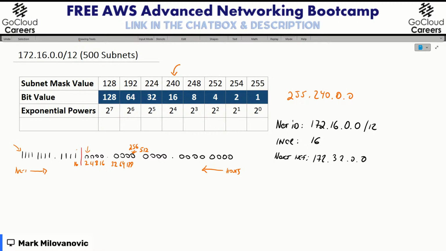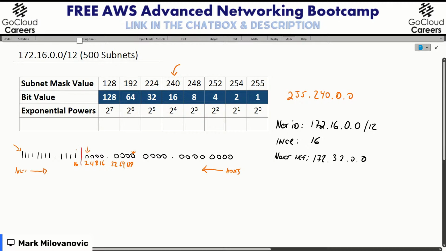And then if you keep going, of course, you go from 512, you times it by 2, which gives me 1024 and so forth. And that's how you keep incrementing. But this is what we just did. We just counted from left to right what we've done before, multiplying by 2, going 2, 4, 8, 16, 32, 64, 128, borrowing the bits from our host portion and adding them to our network portion. So we're borrowing exactly. And this is what we're going to count right now.